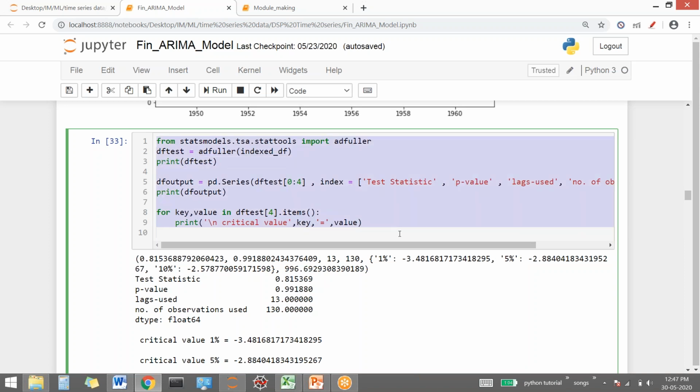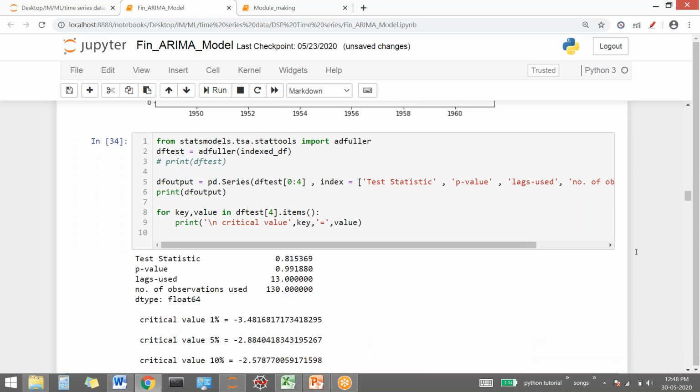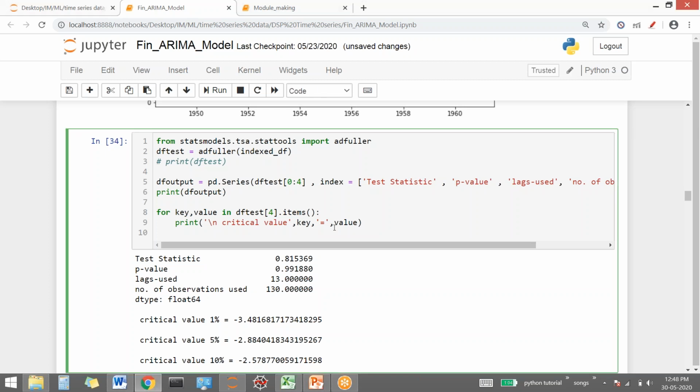One second, let me just copy paste it from here. Just copy paste it from here and then try running it. Has everyone else run this one? Rupa and Karishma are facing errors. The rest of you are able to run this code and get the test statistics for the Dickey-Fuller test.